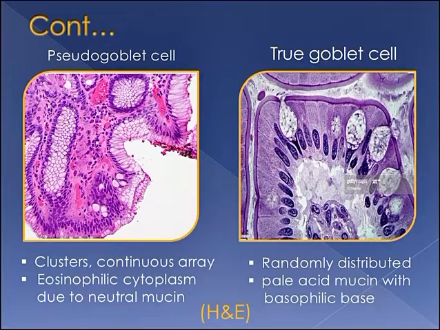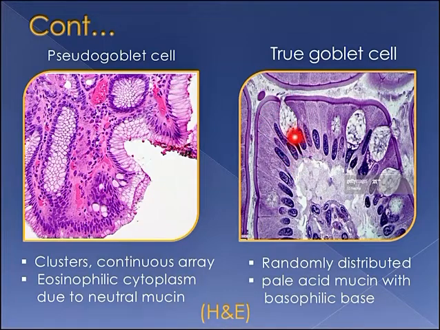Sometimes the goblet cells may be indistinguishable from pseudogoblet cells, which are goblet-shaped gastric foveolar cells, but there are some characters specific to each of them. On the left side, the pseudogoblet cells are arranged as clusters, back-to-back or in a continuous array, with eosinophilic or pinkish cytoplasm due to the neutral mucin, while the true goblet cells on the right side are randomly distributed among the columnar